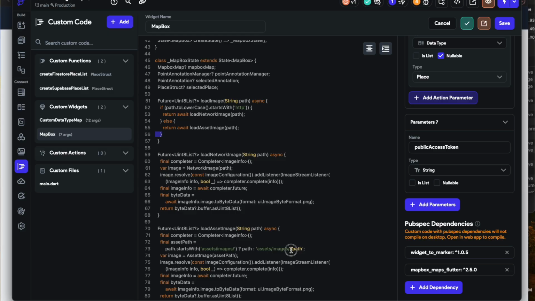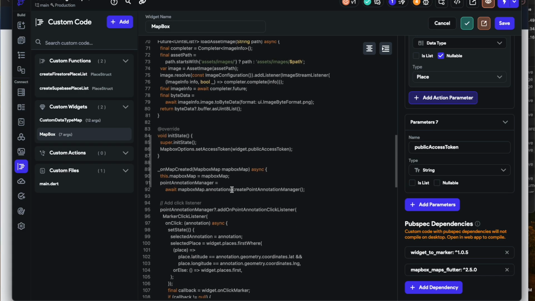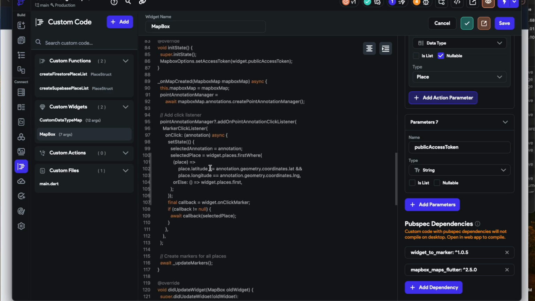And all you need to do is pass the image name, so you don't need to pass the assets path. And then load network image just downloads the image. And then what else? Here we're creating the point annotation manager, and that's what you use to create custom markers